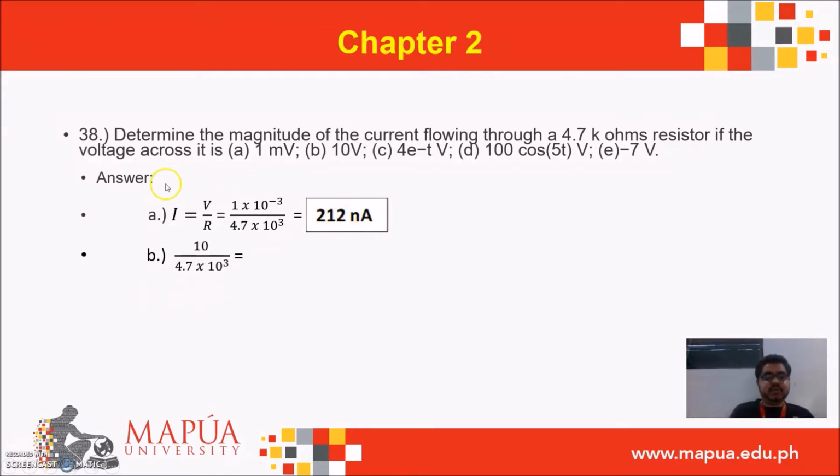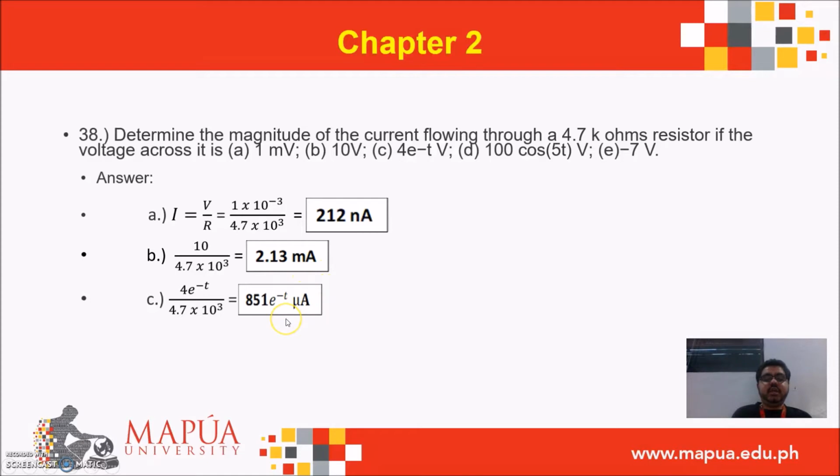For letter B, using the same formula, we got 10 volts over 4.7 times 10 raised to 3 ohms equals 2.3 milliamperes. And for letter C, we got 4e raised to negative 3 volts over 4.7 times 10 raised to 3 ohms equals